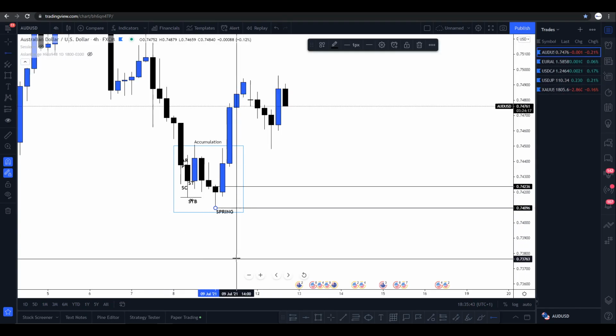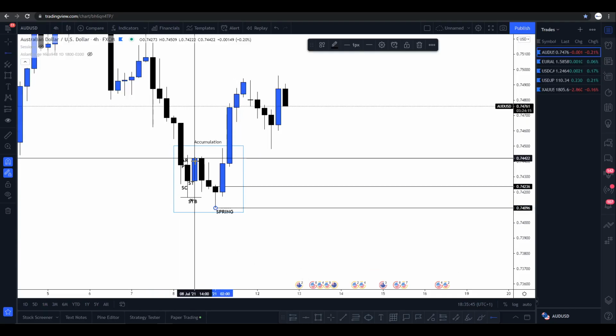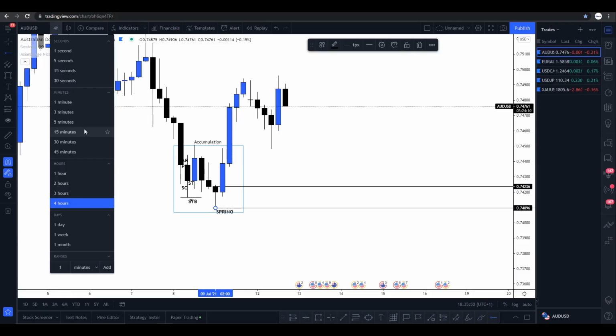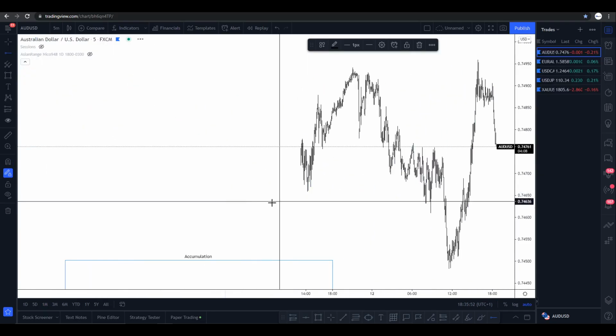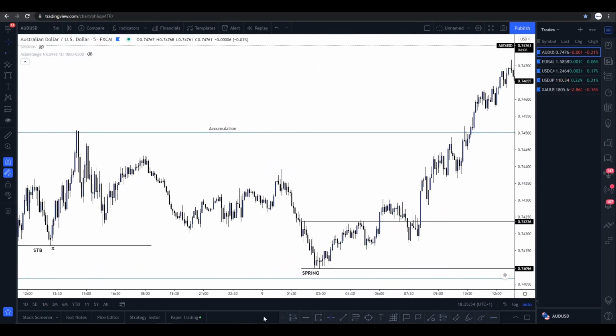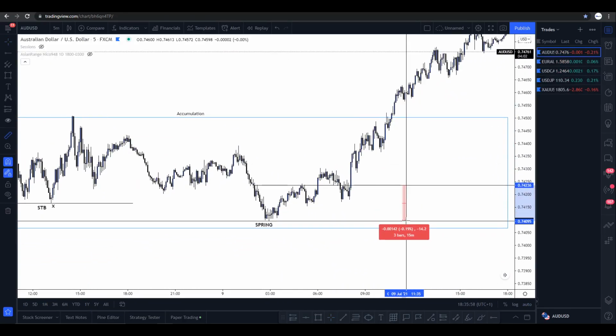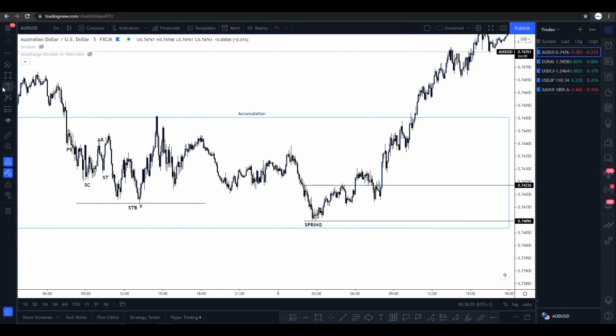Now we have Wyckoff by our side, which means that our OB was also the spring. It swept liquidity here, so that's 2 confirmations. So let me just write this down for everyone to make this a little bit cleaner. And this isn't even a big zone, that's like 15 pips, 14 pips, not bad. So first things first,